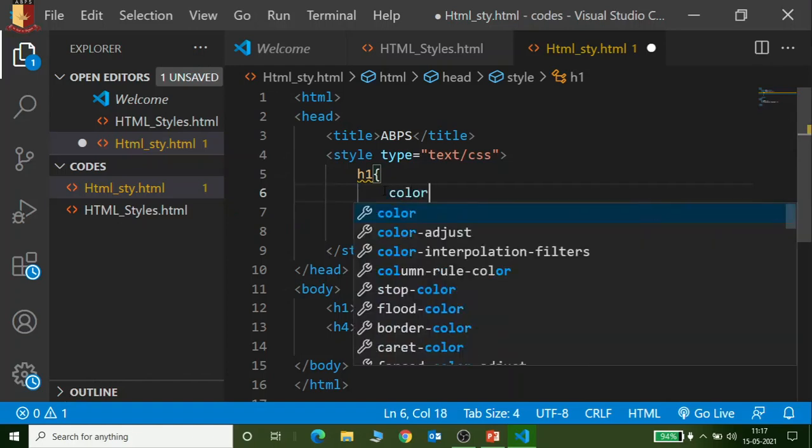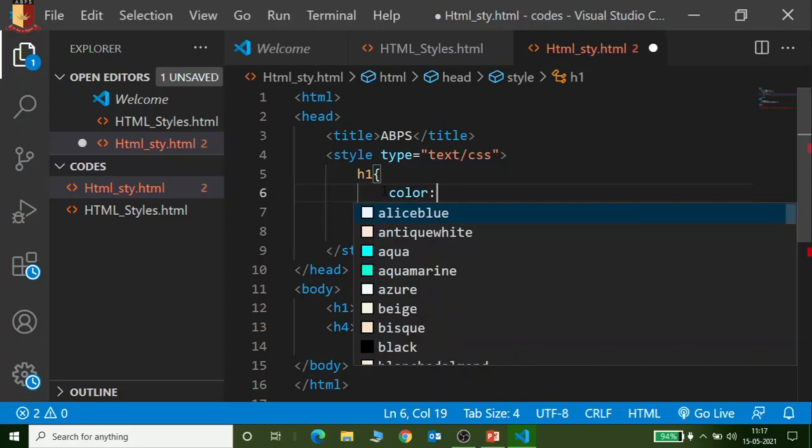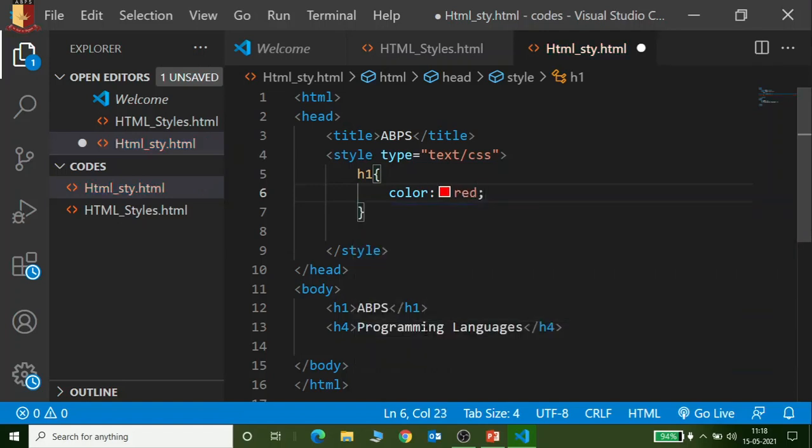So what we have to use here is color and the colon, and you can select out of these colors. These options are available in Visual Studio Code or maybe in Dreamweaver or some other application, but not in Notepad or Notepad++. So that's why every time I recommend you use only Visual Studio Code. Okay, this is the platform where you are developing these web pages. Now, we have to write any color. Suppose I mention red and the semicolon. So for different headings, let me take one more heading. Just copy the code.